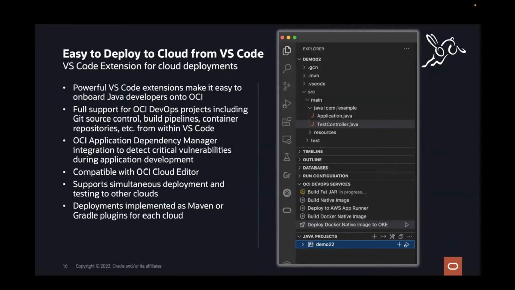So we're trying to make it easy for you to get your applications deployed on OKE, and as much as possible, trying to get you not to have to leave the editor, right? We don't want to break your flow. You're inside the editor writing your application. It should be easy to build and deploy your application from inside the editor. So again, we're going to show you that today in one of our demos. Next slide, please, Sachin.